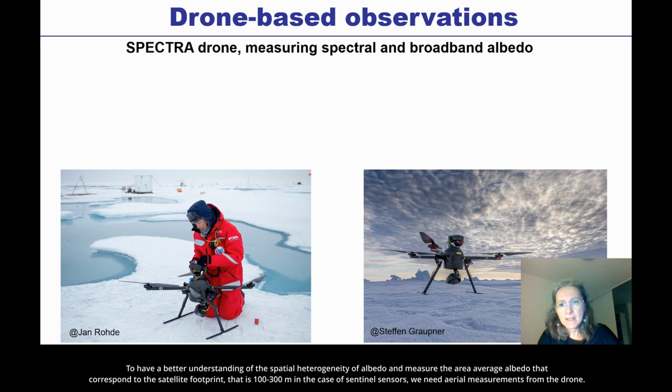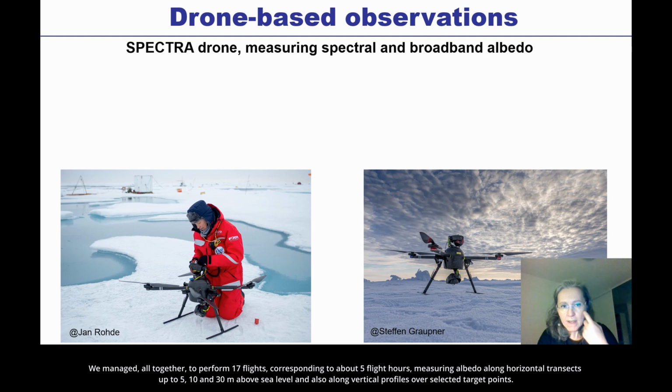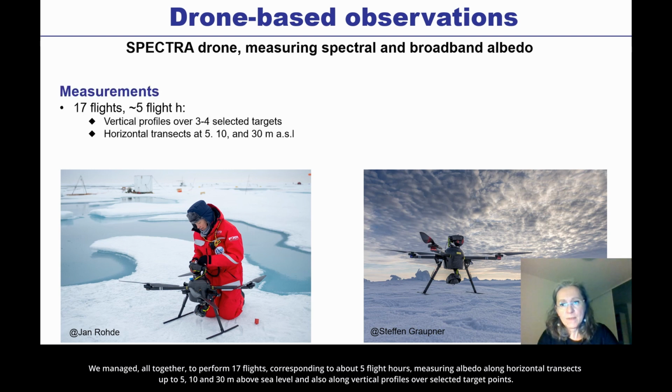To have a better understanding of the spatial heterogeneity of albedo and measure the area average albedo that corresponds to the satellite footprint, that is 100-300 meters in the case of Sentinel sensors, we need aerial measurements from the drone. However, the possibility to fly was limited by the weather conditions. Often there was too high wind or fog or precipitation, the sky was occasionally reserved for helicopter operations or balloons, and there were limits from the schedule of the field work and the battery power. We managed altogether to perform 17 flights